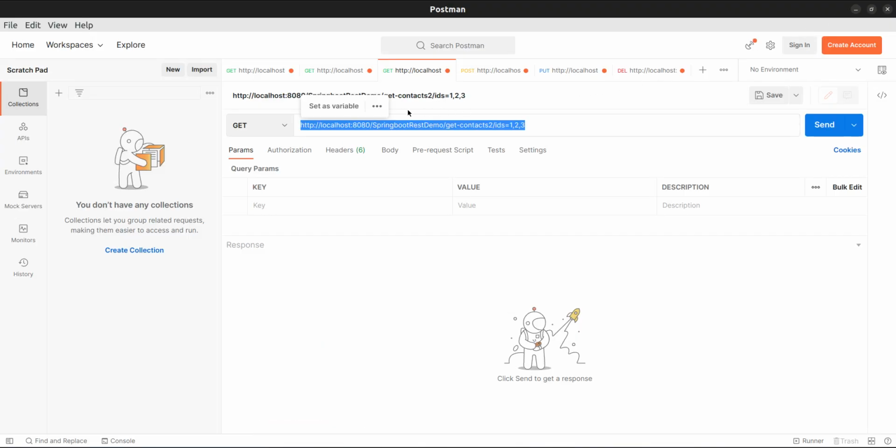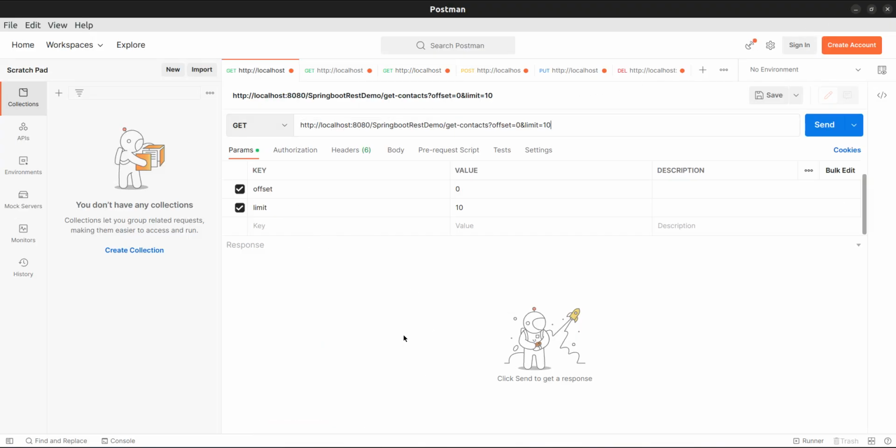Here we have already seen the three ways that we are using to handle the URI data. First one is this one. You can see get contacts. These contacts we are getting in a page, like 10 records, 20 records or 30 records in one call.